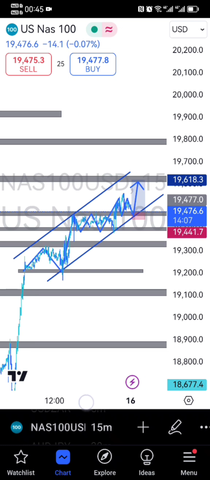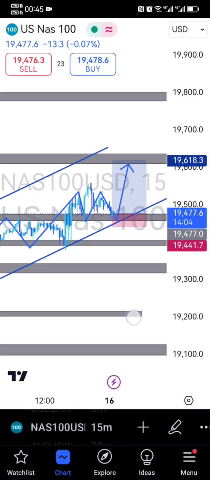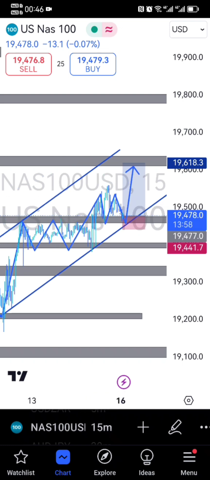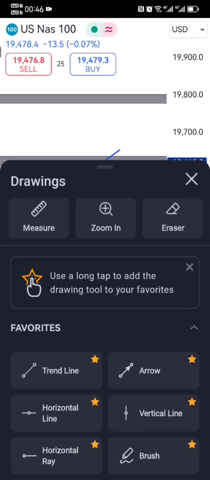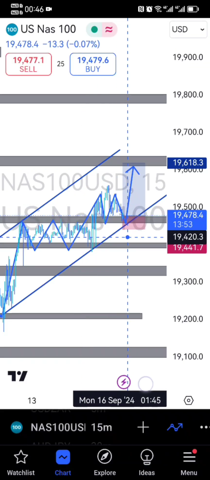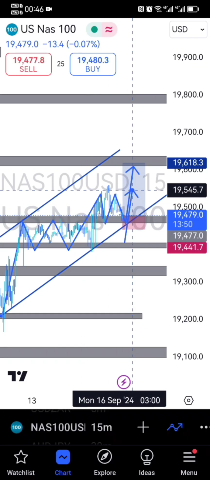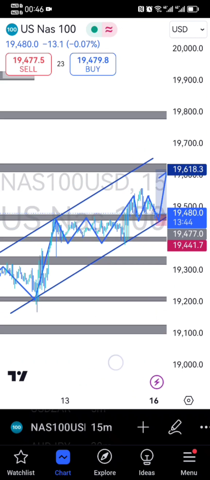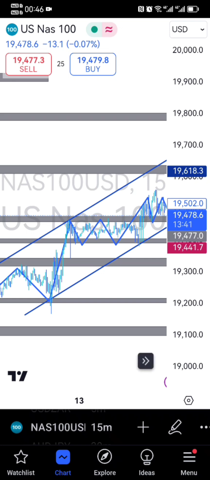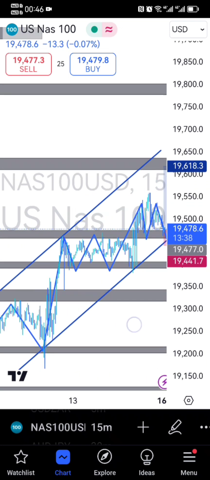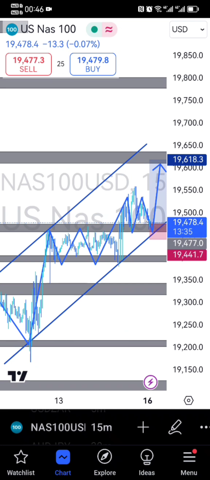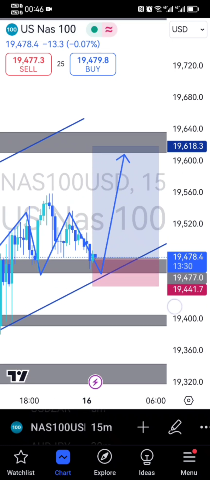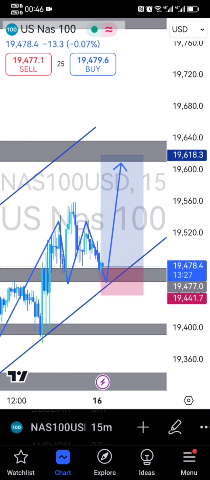So if we are wrong, that's where the stop loss is. If I'm wrong, it's probably going to try and buy again at this zone. Then if it breaks below, that's when we invalidate our buys, then we look for sells. As you can see, the market is still continuing to respect structure while breaking above key levels. So this is the confirmation for a buy, and we'll just see how this trade is gonna play out.